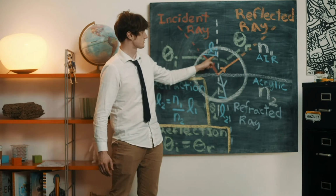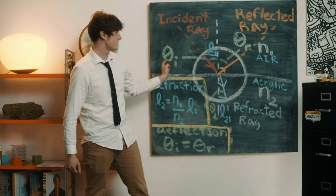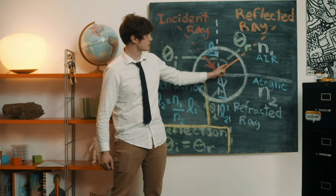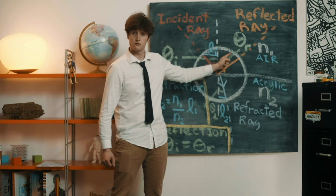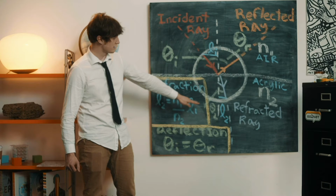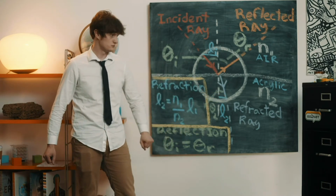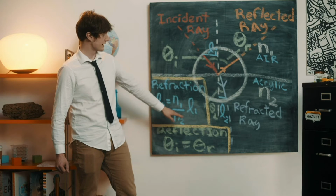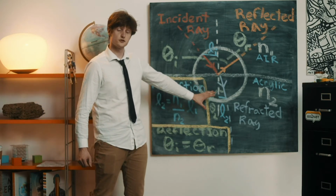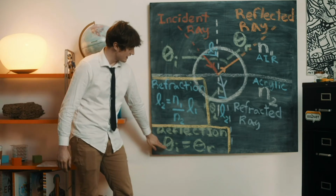So this little curve here indicates my incidence angle, and we denote that with a theta I. Then we've got the angle here for our reflected ray, which is theta R. And then we've got an angle here for our refracted ray, this theta 2. All right, beautiful. So let's start first with the law of reflection, which says that theta I is equal to